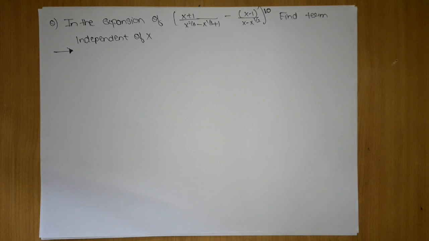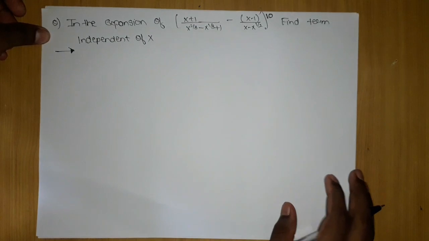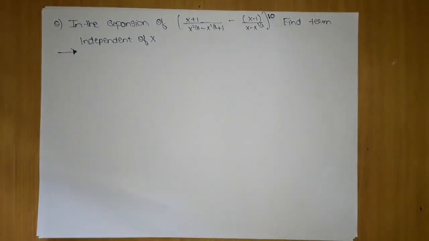X is not there, what does that mean? If any constant number has power 0, then x will not be there. That is the logical approach in which your mind should go. Now whenever you see this type of binomial, always think that it can be simplified. Stick that in your mind. Whenever such complicated things appear, remember that this can be simplified. You cannot directly apply binomial expansion in this.